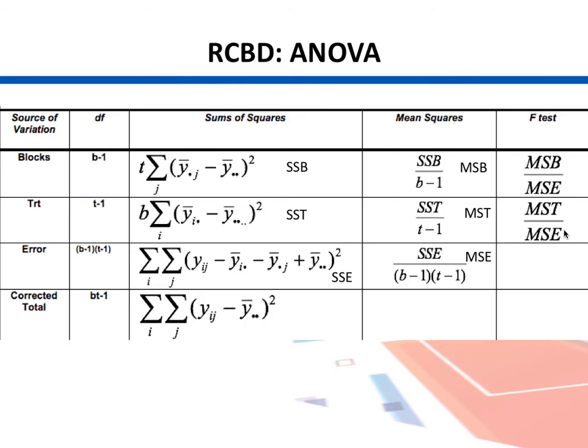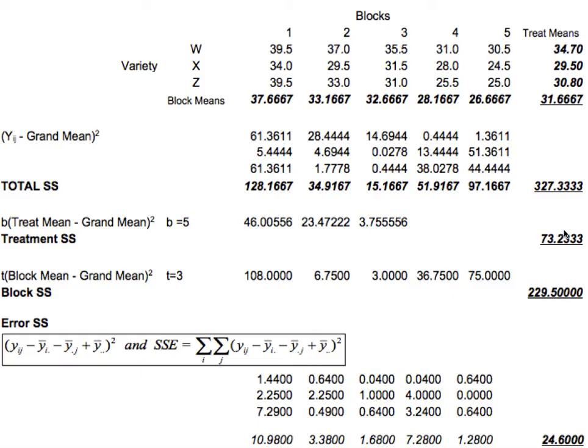And blocking works well, and there was the need for the blocking, and obviously the treatment effect can also be separated. So let's see how our ANOVA results look. In order to calculate all those terms, this is how we do that. We don't need to go into all this and calculate them, but this is how they are calculated. Feels a little ugly, but this is what it is.